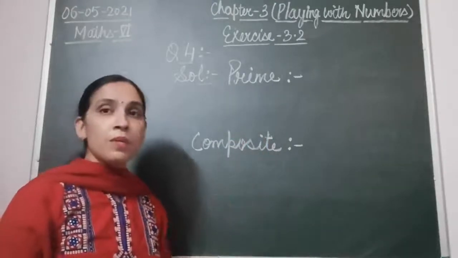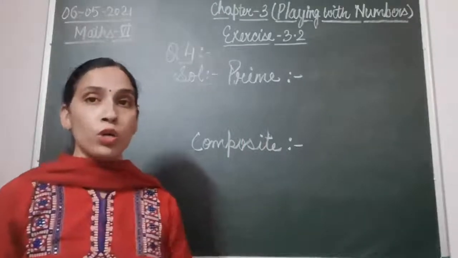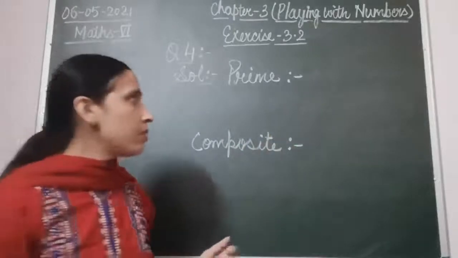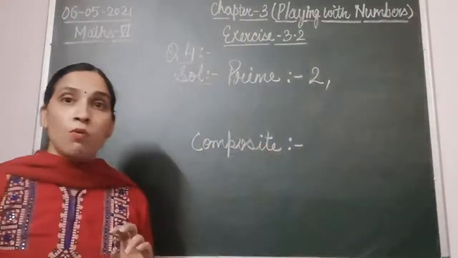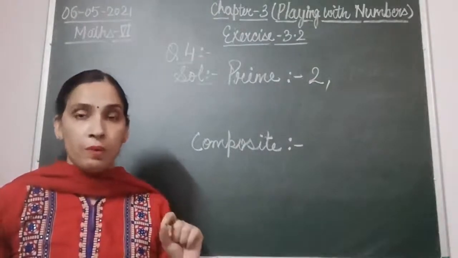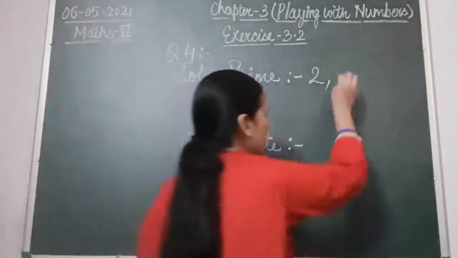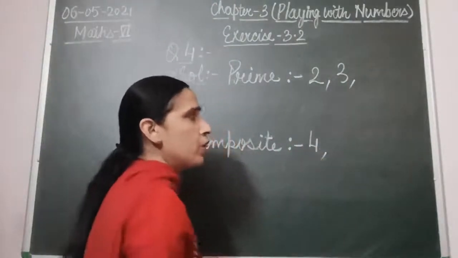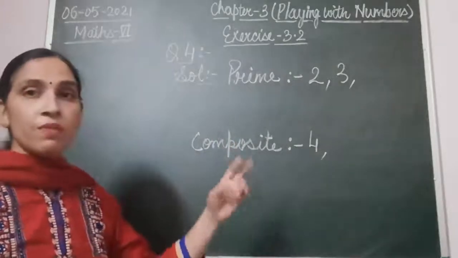So what are the prime numbers? Now 1 we have done yesterday. 1 is neither prime nor composite. So 1 we will not write anywhere, not in prime, not in composite. We'll start with 2. Now 2 is a prime number. What I told you yesterday, that 2 is the smallest even prime number. After 2 we have 3. 3 is again a prime number. Then we have 4. 4 is the smallest composite number. So I'll take that number and write it in the specific place.